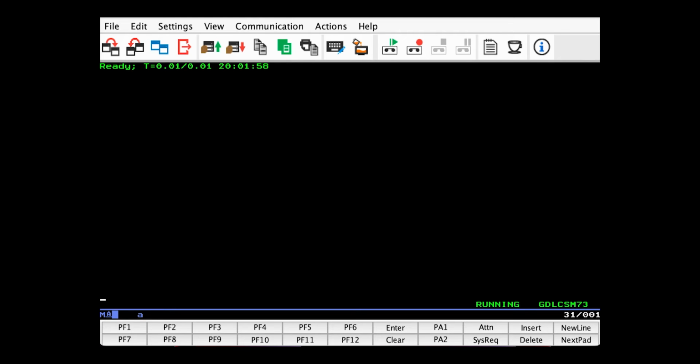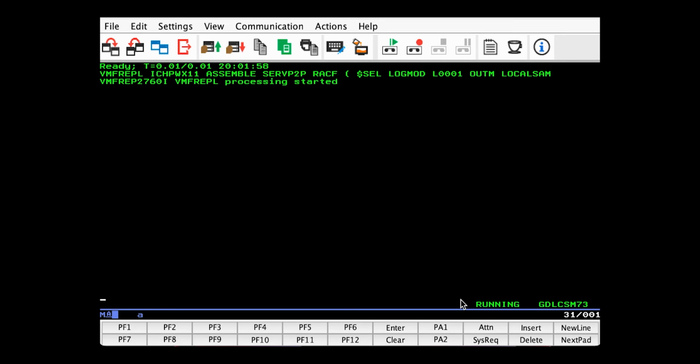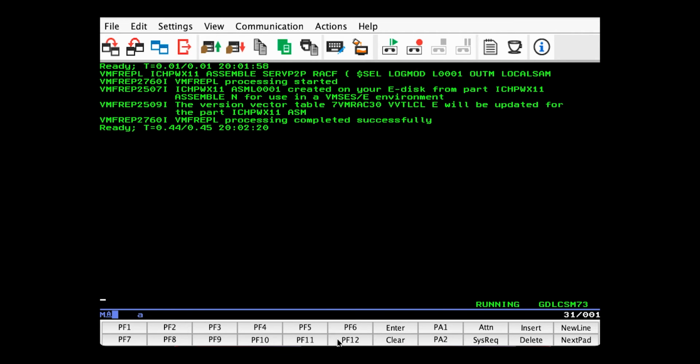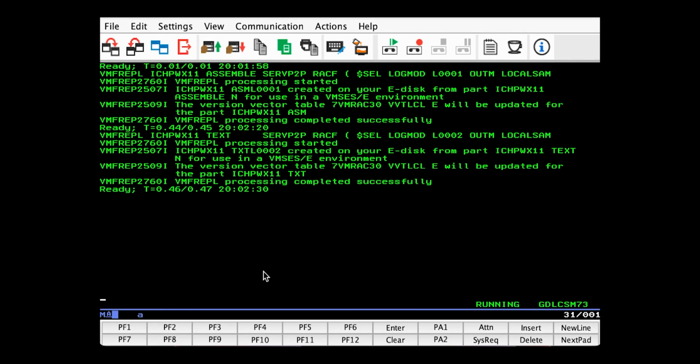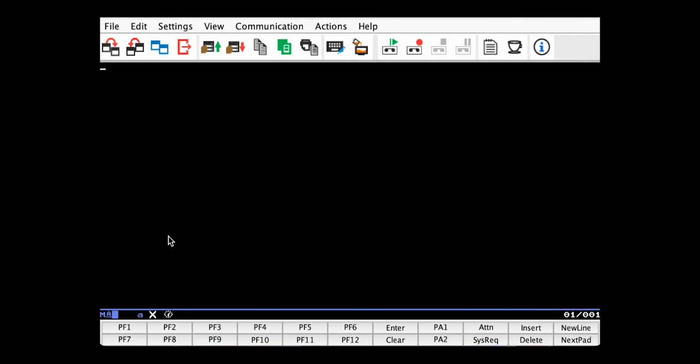So we can make it directly into a localmod with this command. Notice we're doing the assemble first and specifying L1 because this is our first RACF localmod. And we need to create a second localmod for the text deck and change this to 2. You can think of the assemble file as the source and the text deck as the compiled version. They both need localmods, and we need one more